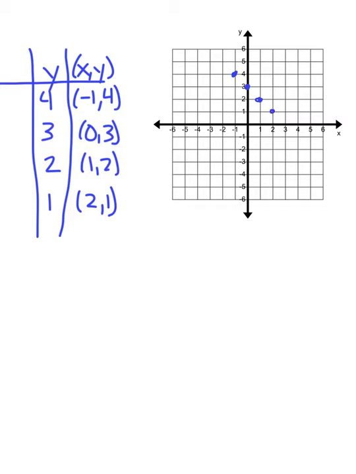we could have plotted the 3 and then done a rise of 1, run of -1, right? And we could have used that. You can use that to check this, but you need to find these 4 points and plot those 4 points